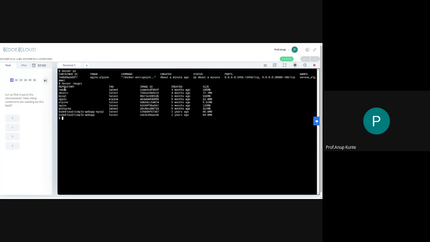Docker images show you the raw images that already are downloaded from the Docker Hub and present on your host, whereas Docker PS shows you all the images which are currently containerized. So containerized means the image is now converted into an executing container. So a container is actually an entity that is running, that is in action.